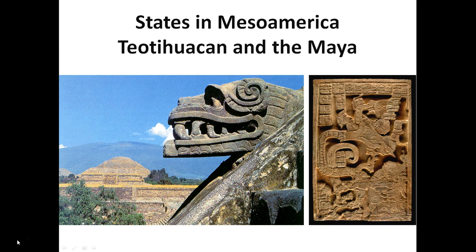We will explore state-level organization with two case studies in Mesoamerica, one looking at Teotihuacan, one of the largest and earliest urban centers in Mesoamerica. We will look at how Teotihuacan grew and how it drew populations from the wider region. We will also look at the Maya region and understand the nature of dynastic politics and the limitations placed on the Maya by their local environment.